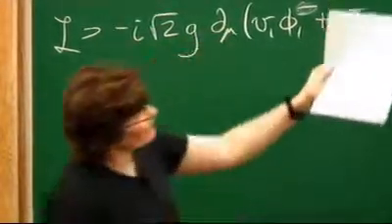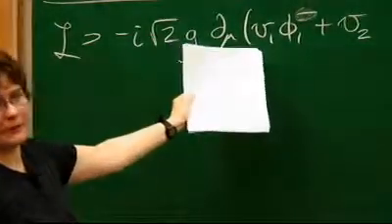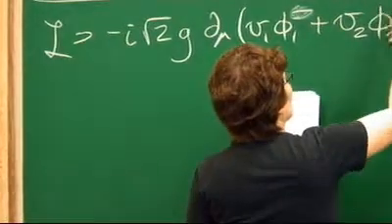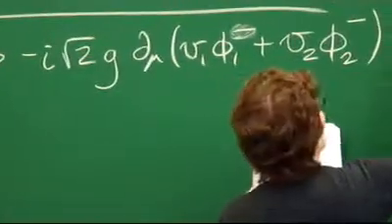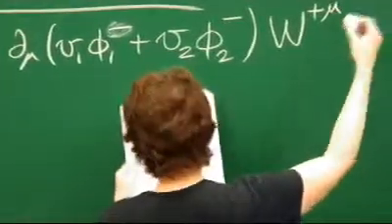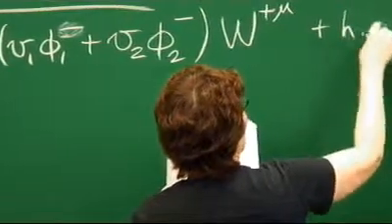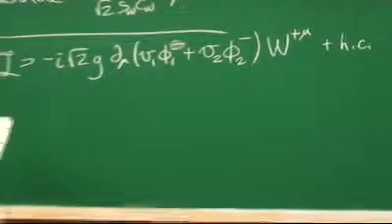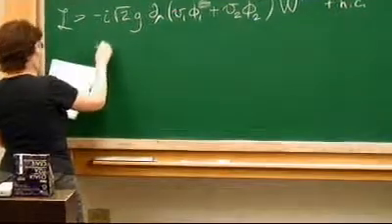Where I have V in the standard model, I have V1 for phi 1 and V2 for phi 2. The second term there is just the Hermitian conjugate of the first term, so let me just write plus Hermitian conjugate. And then the last term down here,